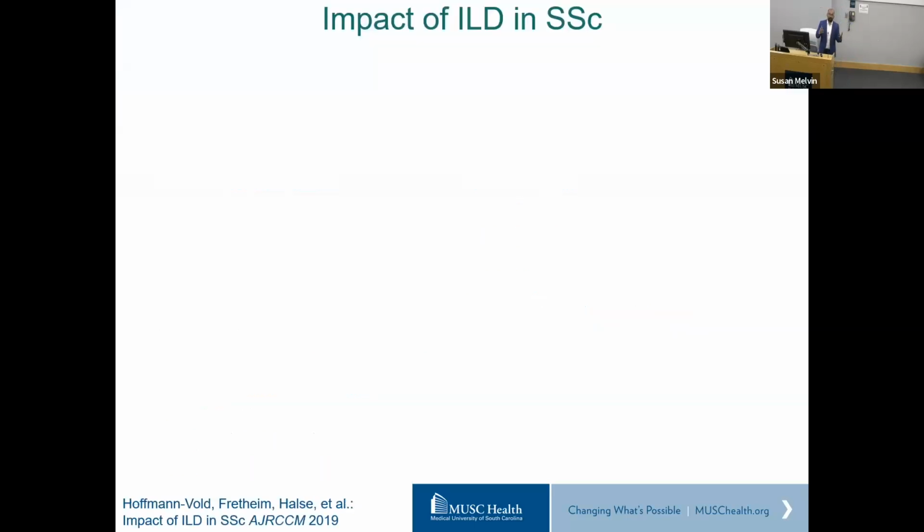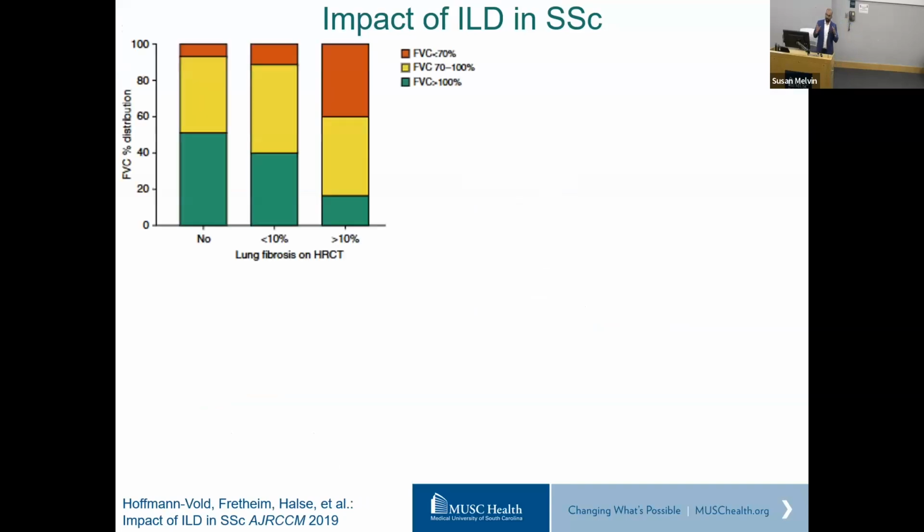So what is the impact of interstitial lung disease in scleroderma ILD? This is a simple graph showing the distribution of FVC within a normal range. The green refers to normal lung function as measured through the FVC, or forced vital capacity, the amount of air that you can voluntarily move in and out of your lungs. You take a deep breath in, and you breathe out as hard and as fast as you can. If anybody has come to see me in clinic or a pulmonologist in clinic, you would remember how hard that maneuver is, but that's what we are measuring, right?